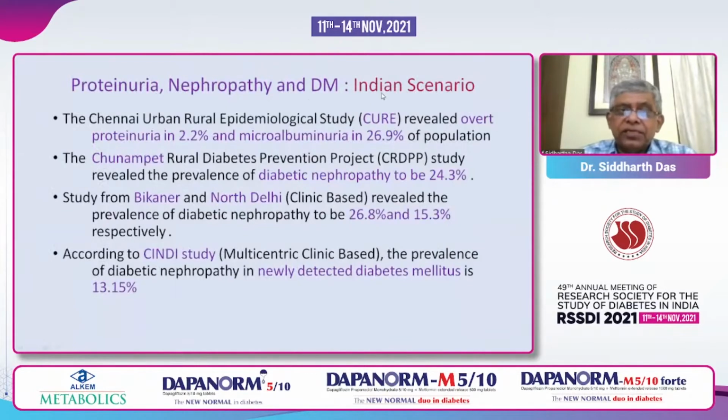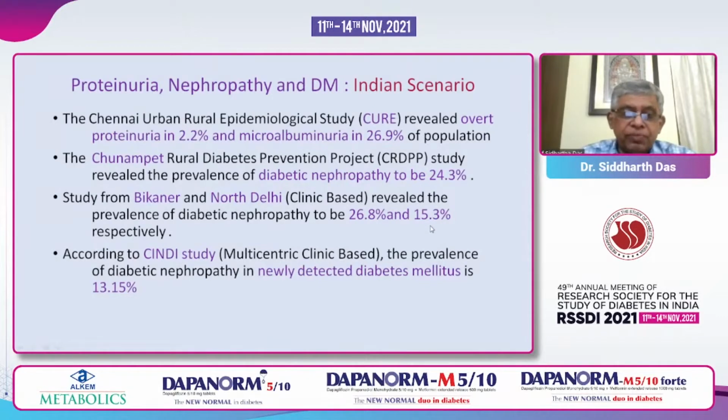Now, coming to the Indian scenario, the Chennai Urban Rural Epidemiological Study, or the CURE study, revealed that overt proteinuria was found in 2.2% and microalbuminuria in 26.9% in their study. The Chunampet Rural Diabetes Prevention Study also revealed that diabetic nephropathy was about 24.3%, depending on microalbuminuria. Studies from Bikaner and North India also showed that the clinic-based studies revealed diabetic nephropathy was present in 26.8